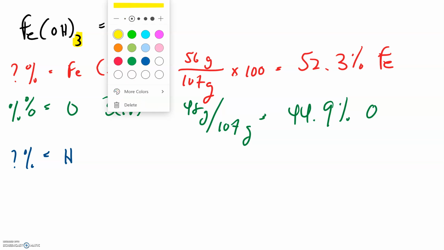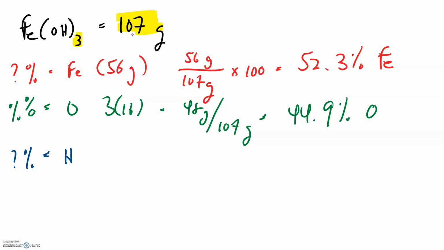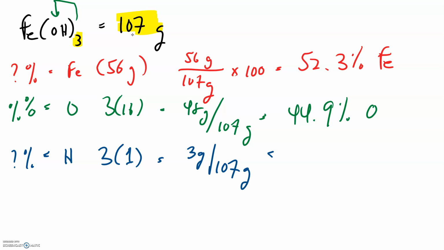Lastly, what is our mass of hydrogen? Well, we've got this subscript of 3, and it's pertaining to this whole series of elements in this parentheses. That means that we have 3 hydrogens. Well, that's easy because they're each 1 gram. So what percentage of our total mass is 3 grams? Let's plug that into our calculator. And remember, we're going to multiply this by 100 to get it into a percentage. So we plug it into our calculator and we get